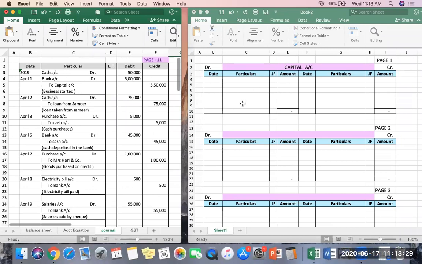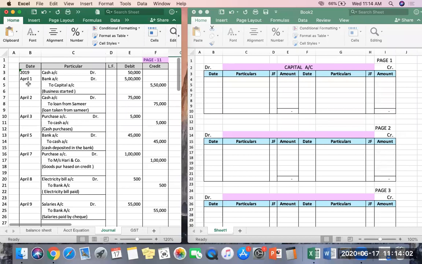Okay. Now, if I pick up this capital account, suppose I'm writing the account now, which is the capital account. First, you see in this transaction, what is the date? Again, I said the date you can write in two manners. Like I used to write, I'm in the habit of writing like this. I write the year first, and then I write the month and the number or the date. Otherwise, you can just put, this is 1st April, so you can write it as 1/4/20. That way also you can write.